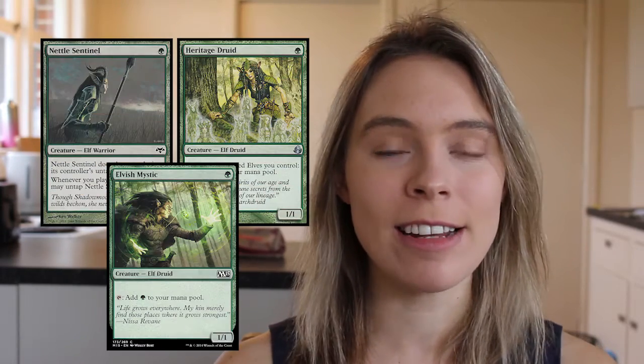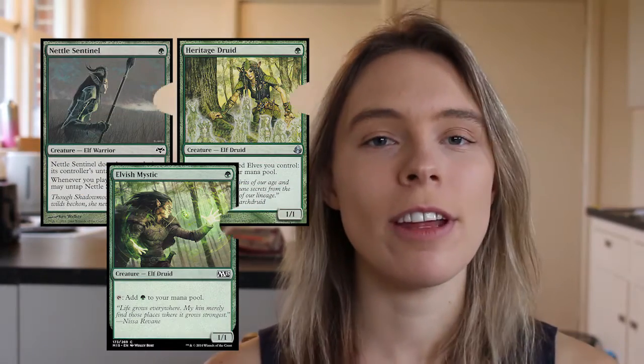Now the deck also runs 4 Nettle Sentinel. This has a fantastic interaction with Heritage Druid that lets you dump your hand of elves as early as turn 2. Now imagine if on turn 1 you played Elvish Mystic, and then turn 2 you played Heritage Druid and Nettle Sentinel, and then you could tap all 3 to get 3 green mana. You could then use 1 of that green mana to play another elf, let's say a Llanowar Elves,